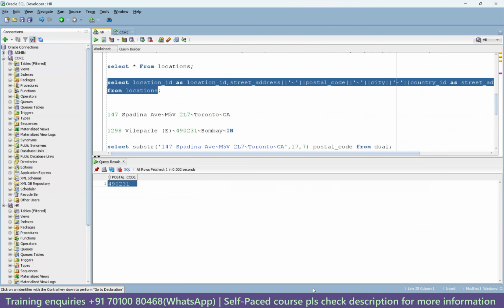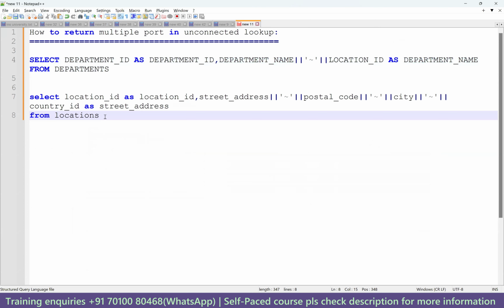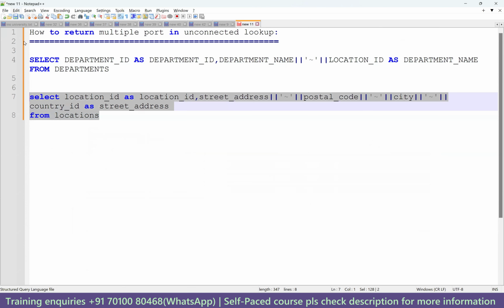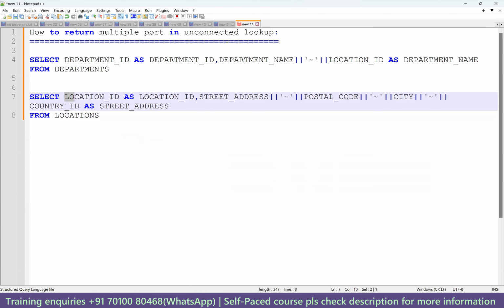Take this. There is no need to write uppercase, but I'm just making it uppercase. So convert the case into uppercase. So location ID as location ID, street address, this one as street address. This is the column we are using. That's the reason I'm using that. Control C. Okay. So we will mark